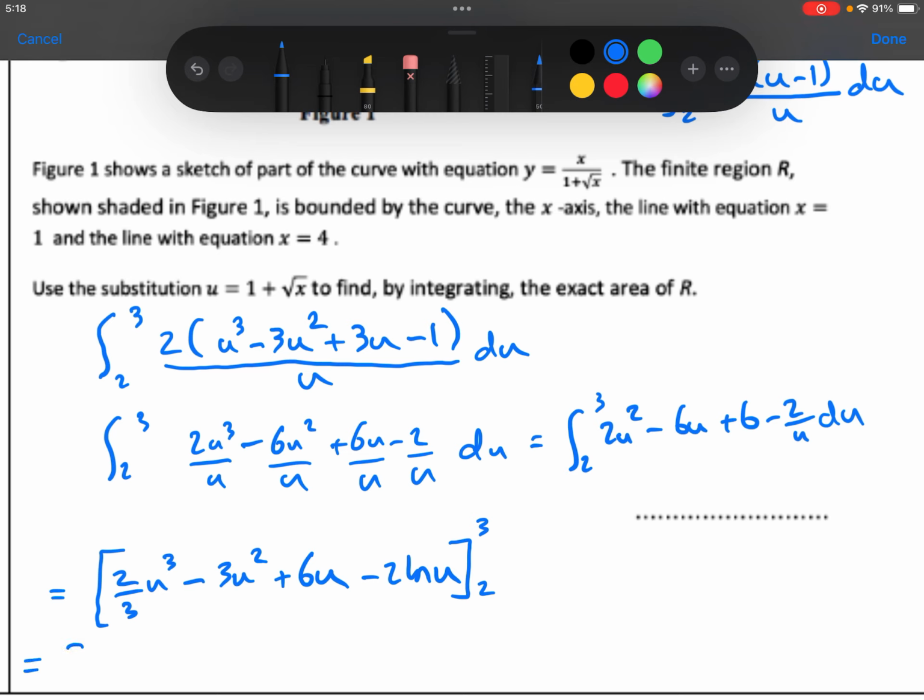Substituting the 3 in, then substituting the 2 in,